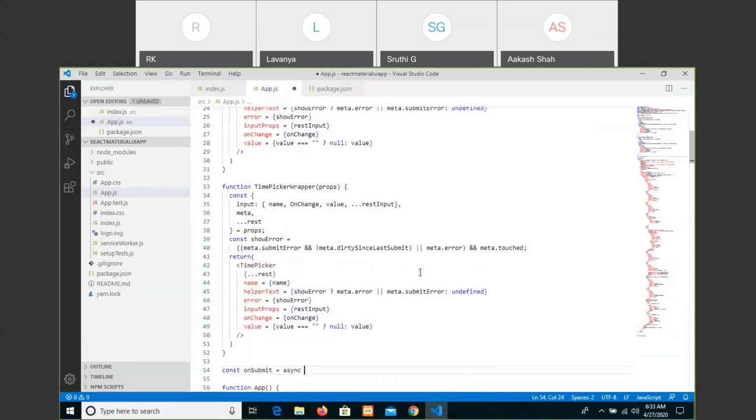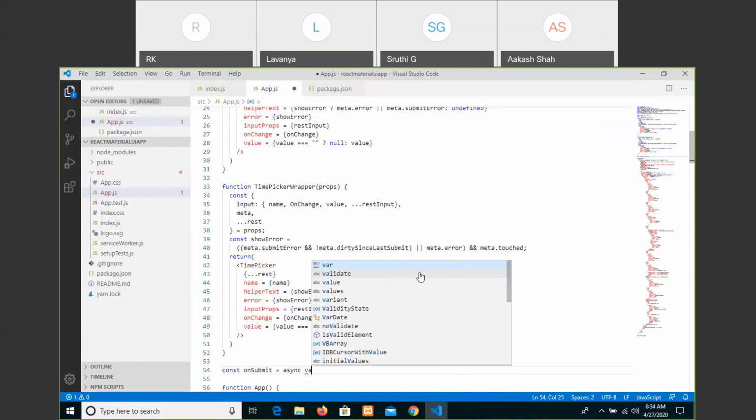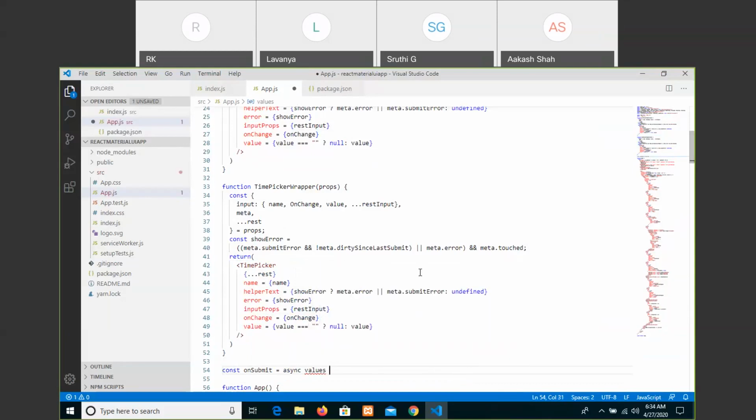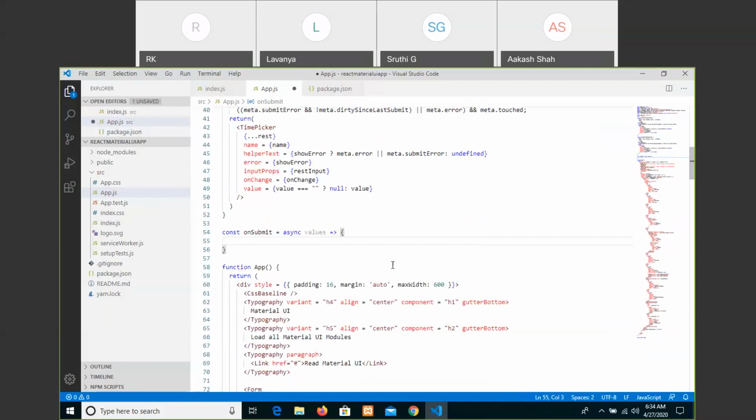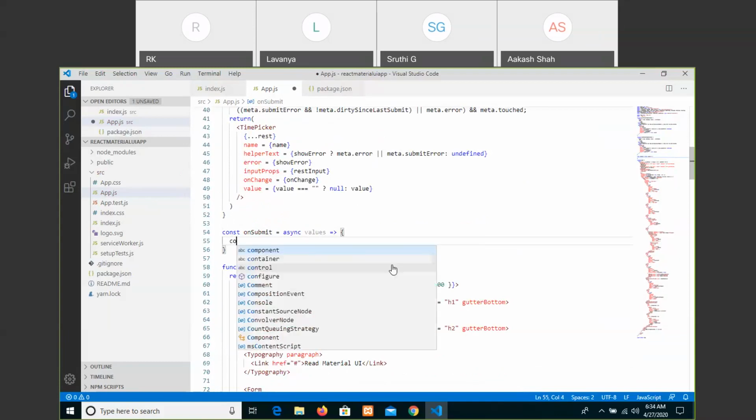Maybe a few fields may not be important. That's why we say async, that is, skipping even though some fields do not have values. That is the meaning: it should not give an error message even though some fields are not entered.